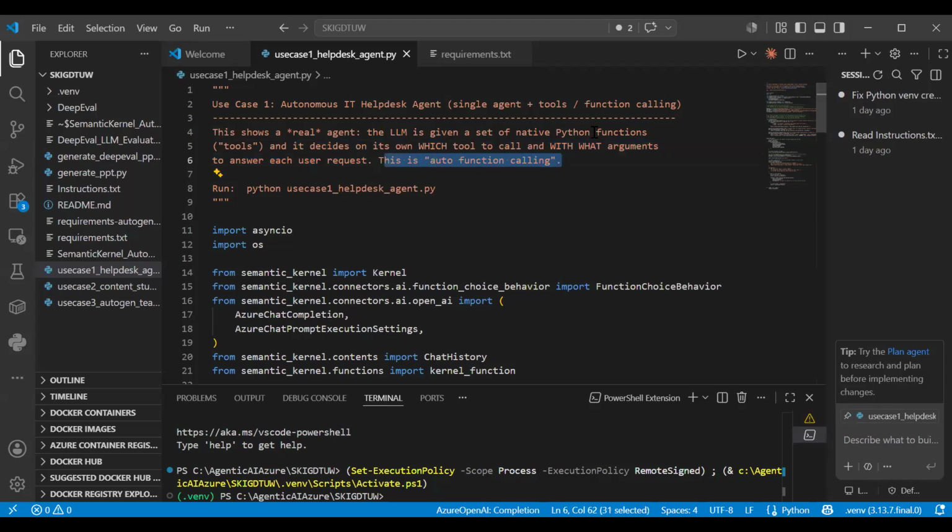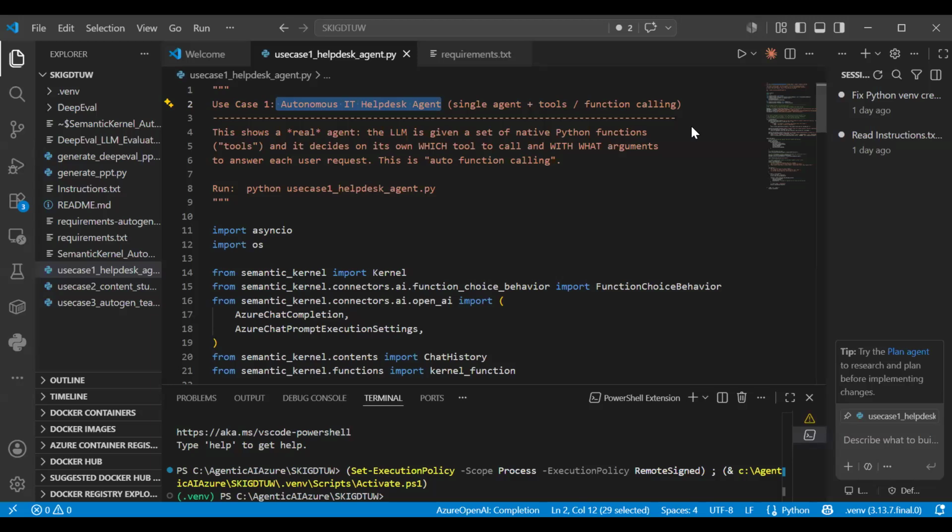There are three things we will see: semantic, native, and auto calling functions. What we are trying to achieve is an autonomous IT help desk, which gives me the response depending on my ticket, my concern. It's using Semantic Kernel.